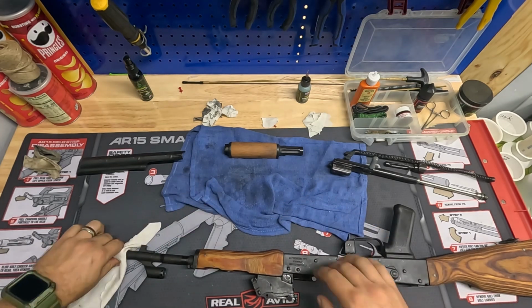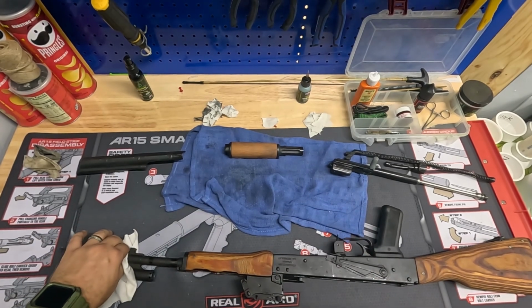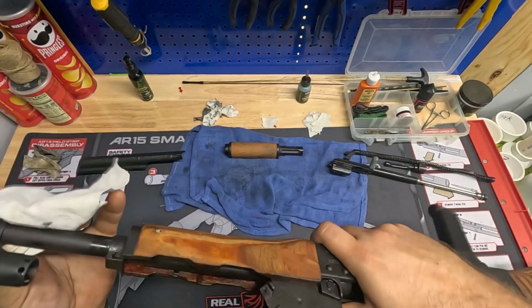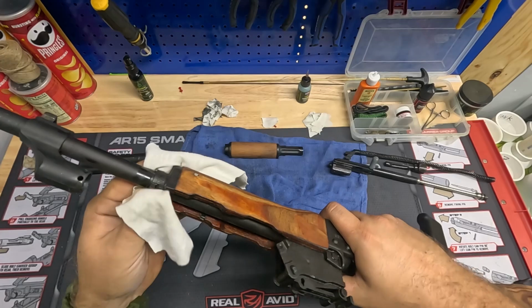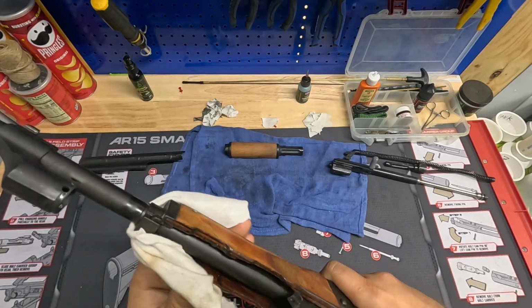I'm going to get me one more clean rag, and then I'm going to do kind of just a final rub down. Make sure everything's cleaned off. See, I got a little drop of oil on it. Make sure all my cleaner's cleaned off. Make sure all my...